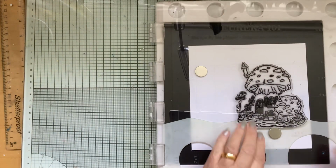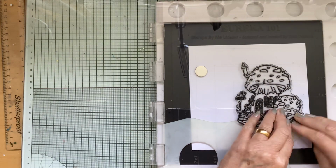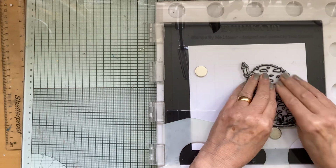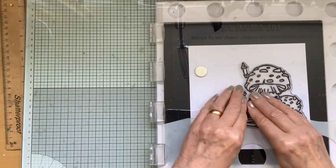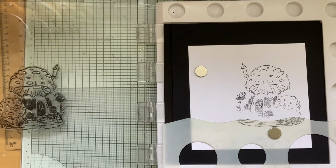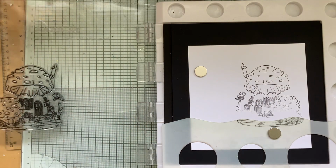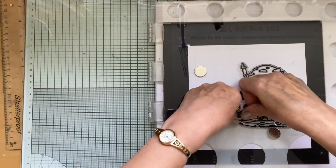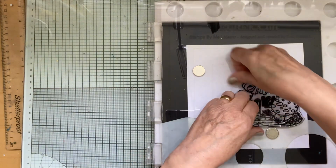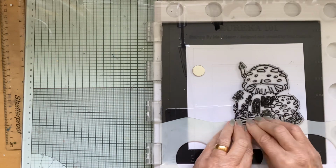And stamp over that mask. I think it's called Landscape. I can't remember now. Landscape mask. But it was Inkylicious. Okay, stamp again. Now when you have a mask down like this, you've really got to press hard where that mask is, because obviously it does give it some lift. So really press down hard as you can, any bits that you think might be